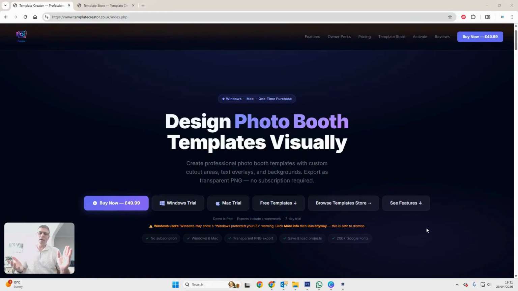Okay, then I want to talk to you about Template Creator and some of the posts that I've seen around Facebook regarding Canva, the transparent areas, having to open it in other software. So stick around for the video. I'm going to show you Template Creator, how easy it is, and why you should be looking at ditching Canva,